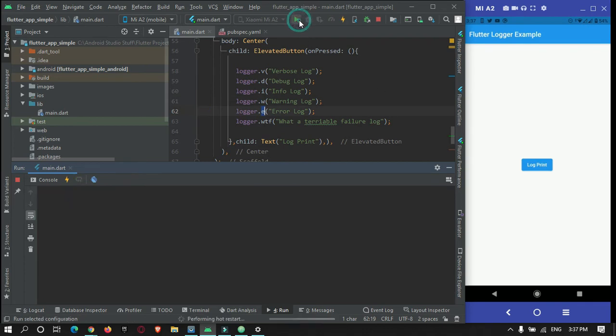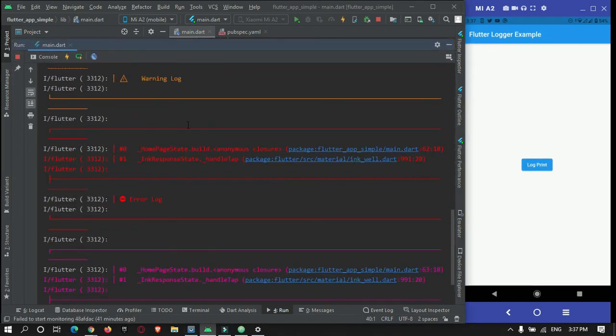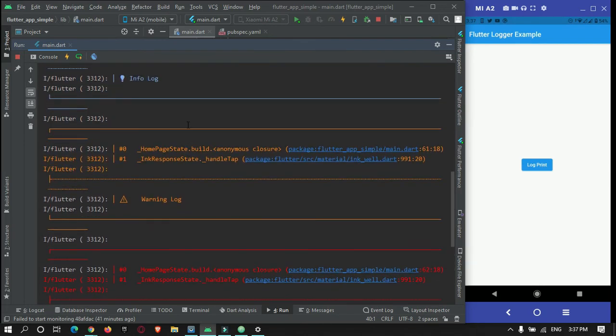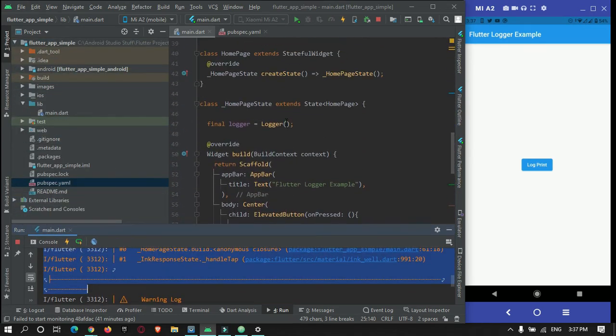I will just restart our app again to show the output of this. You can see over here, the log got printed in a beautiful format so that the developer can easily identify them. You can also customize it as per your need. This is a very big log message, so you can decrease the size of it by going to this logger.